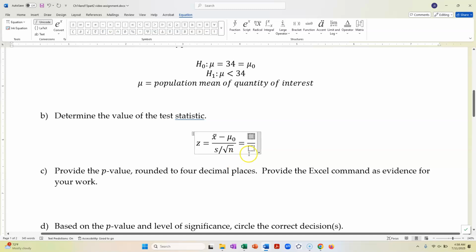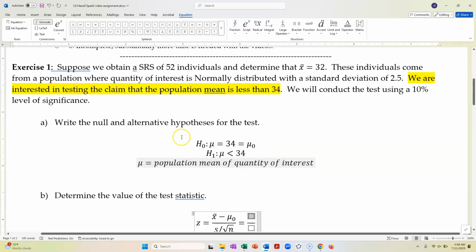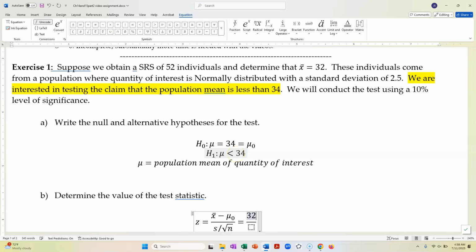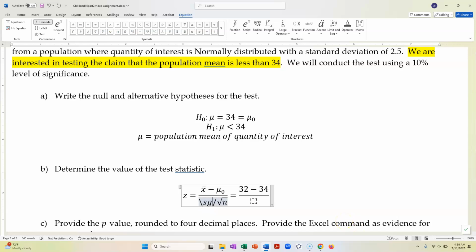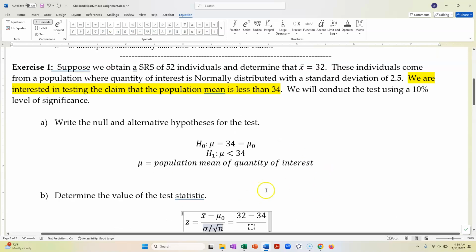Okay, so anyway, if we want to determine this test statistic by hand, we can do it by Excel as well. We can do x bar, it says it's 32 in the numerator, mu naught is 34, s is, not s, that should be sigma for this test. Next week, it'll be s. So we do sigma, okay, so sigma, population standard deviation, 2.5. Okay, 2.5 divided by square root